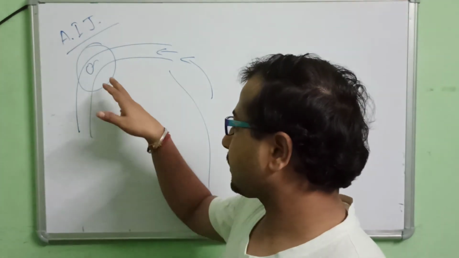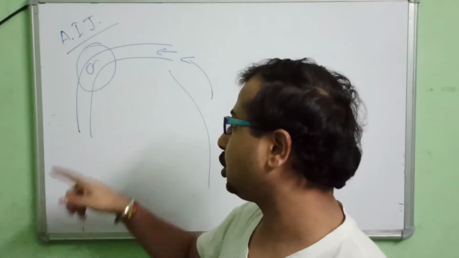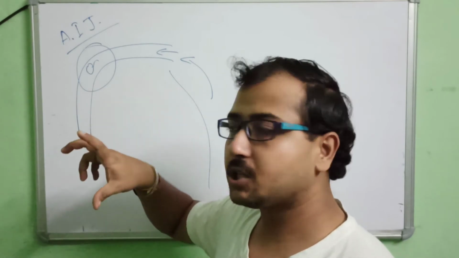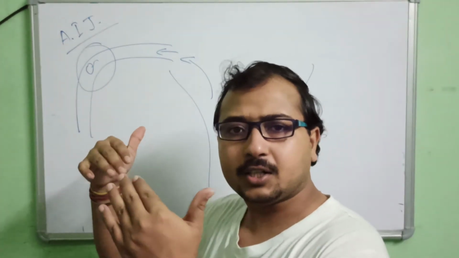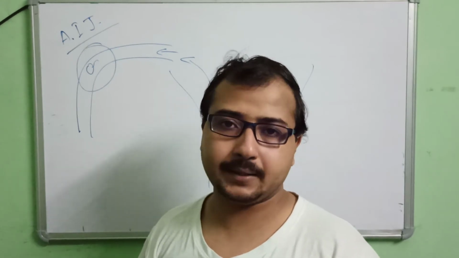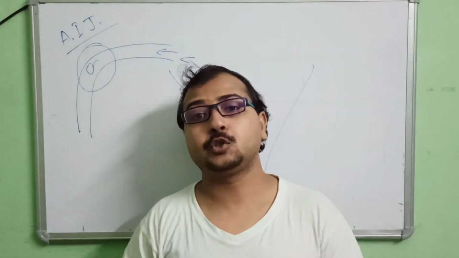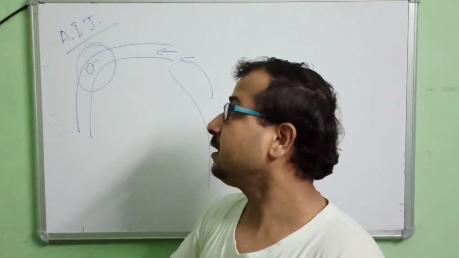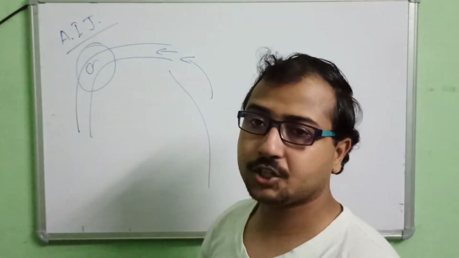When I discuss the zygote development, I will discuss why that distance matters, why the location matters. In this position, the egg and the sperm must reach simultaneously at the same time. Otherwise, with a little difference in time reaching this location, it will be a failure. It will not lead to pregnancy. That's why it is said that not every copulation, every intercourse leads to pregnancy. Why? Because of the failure of the sperm and the egg to reach this junction simultaneously. So this is a very important condition.